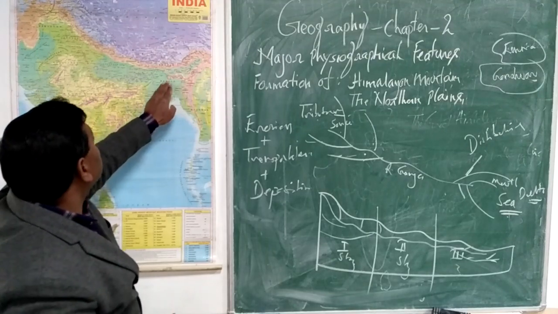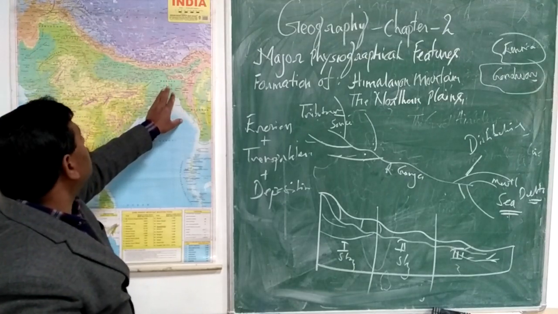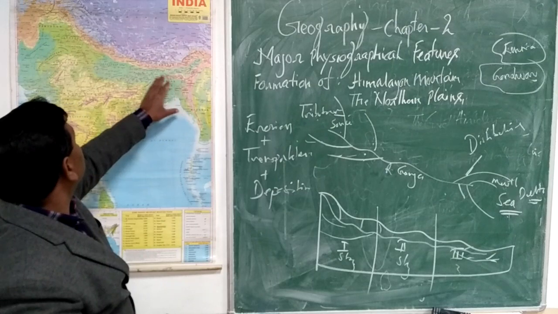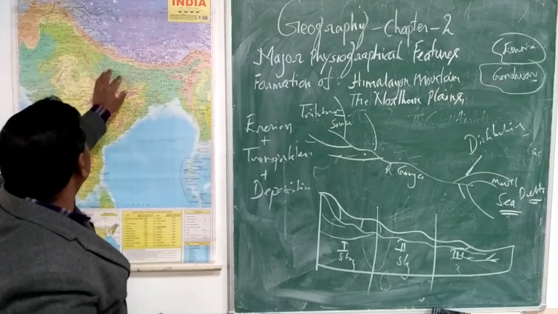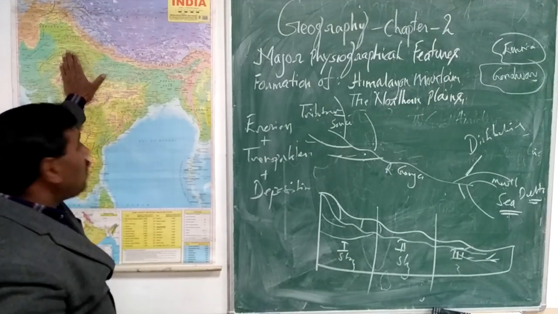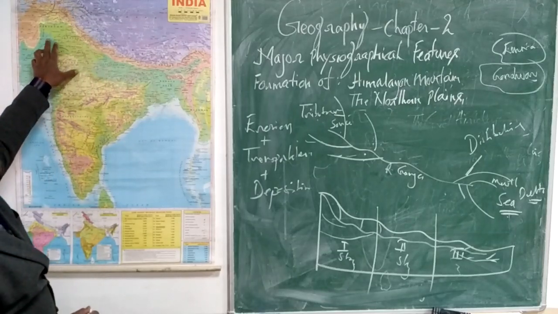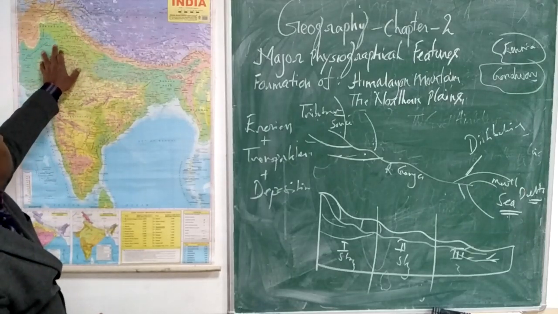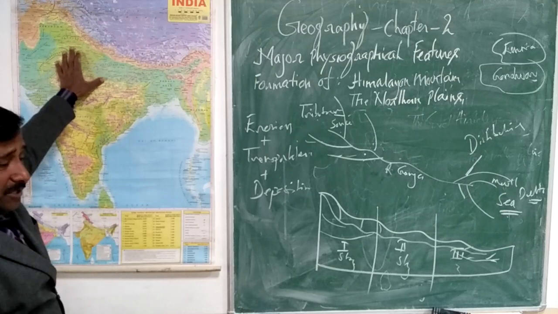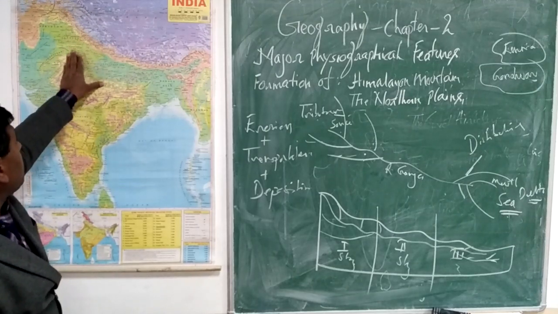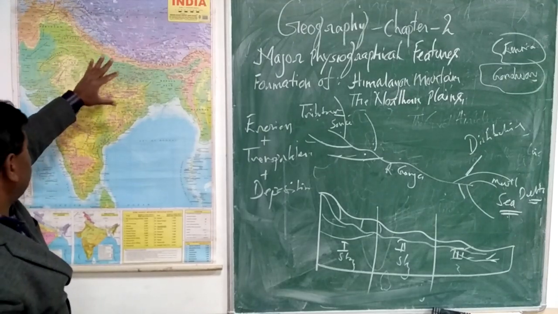The river flowing from the east, Brahmaputra and its tributaries, the Ganga and its tributaries, river Indus, and the tributaries of river Indus: the Chenab, Satluj, Ravi, Jhelum. These are the different tributaries which have developed